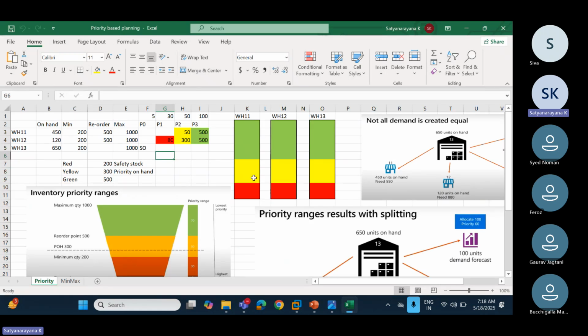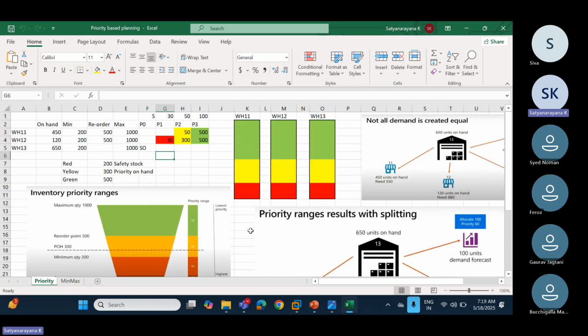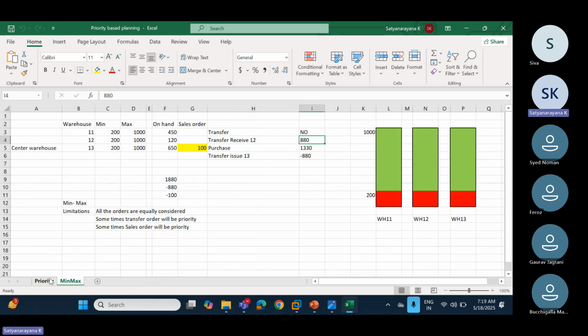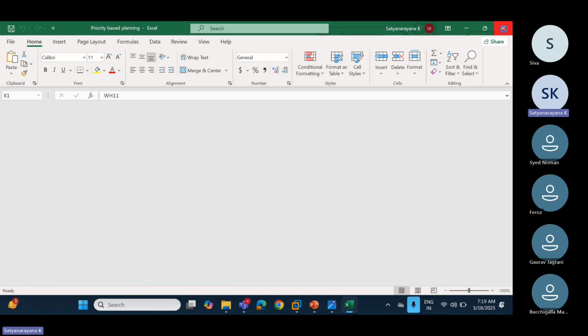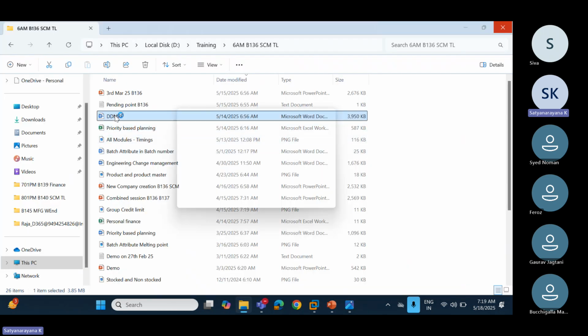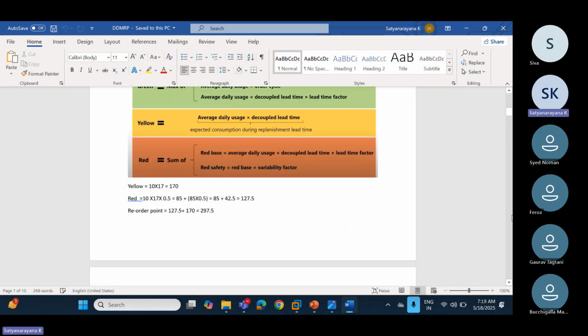Min-max is one function existing already in AX 2012 and D365, but it was improved a lot. One functionality called priority. In this min-max, okay, and then reorder point and maximum is there. This is improved from min-max. It is improved from min-max to one is priority based. And another one is decoupling point, DDMRP. Okay, in this DDMRP, whatever you are asking